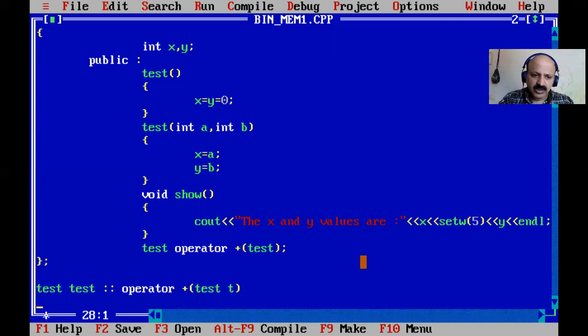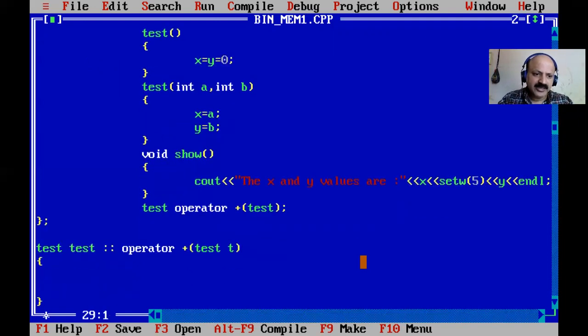Okay, so now we can write the definition. Here first we can declare one temp, or just tm. So yes, temp, tm, temp. So we can write the addition operation. So temp dot x equal to x plus t dot x.